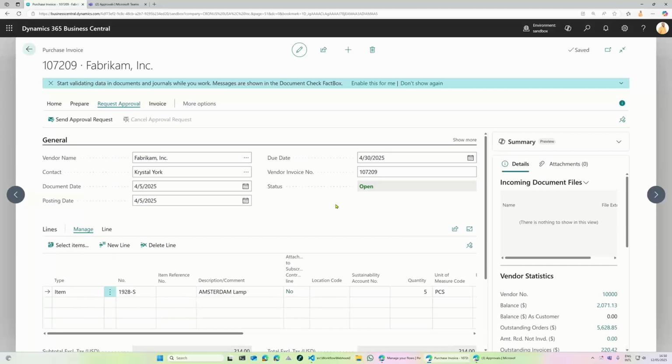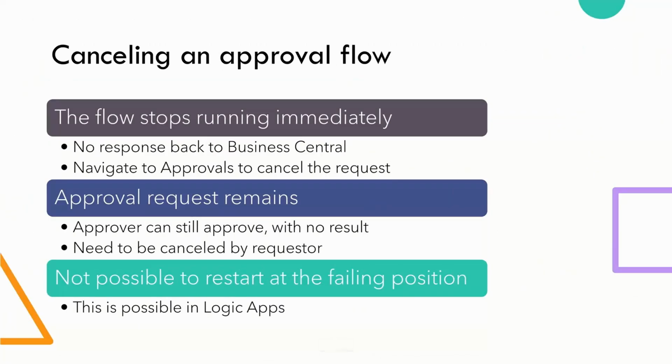And in our solution, we have here a warning to the user: hey, you should not cancel from here. You should go into Teams and cancel it there from your Approvals app in Teams, on the request, on the Sent tab. That makes sense, I would say, and is a way better to work with it.